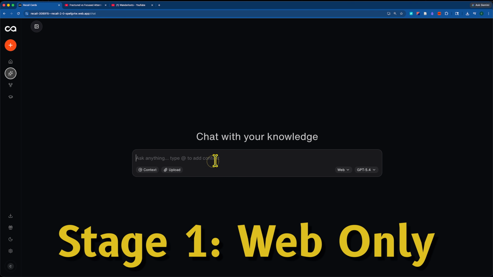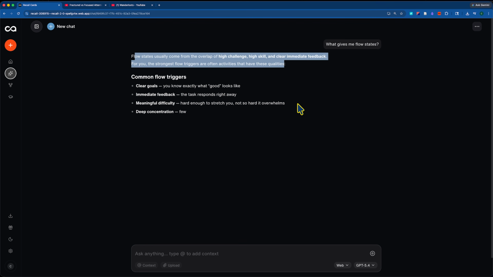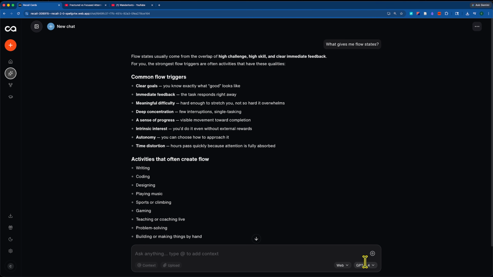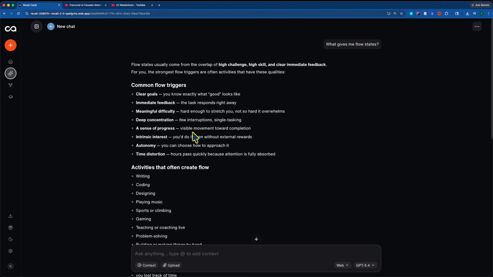I'm going to start off with just the web. So I'm going to try and ask a somewhat personal question, and I'm going to say, what gives me flow states? And you can see it just pulled in an answer, which is coming from ChatGPT itself, and it has some summaries here on clear goals, immediate feedback, a sense of progress,